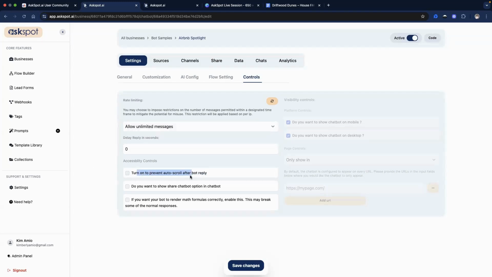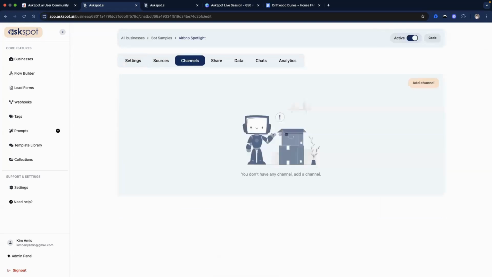I'll toggle this on. It's helpful to turn on prevent auto scroll after the bot replies. Okay, that's been saved. Now let's start adding those channels. So for the channels right here, I think I'll be adding,